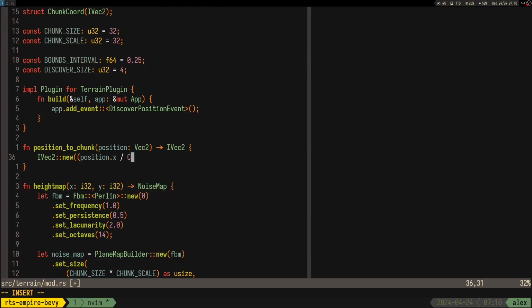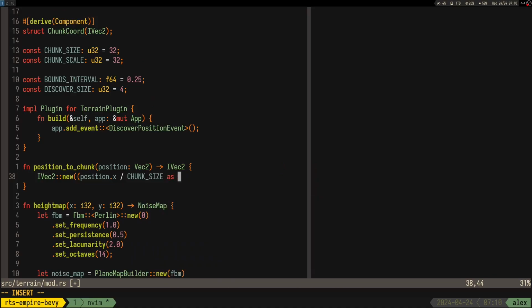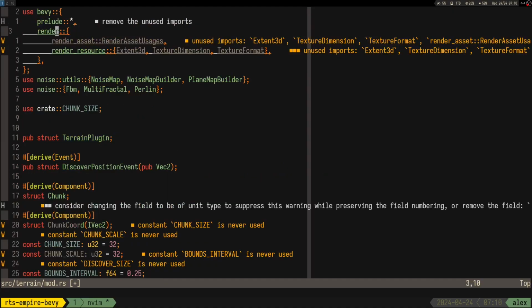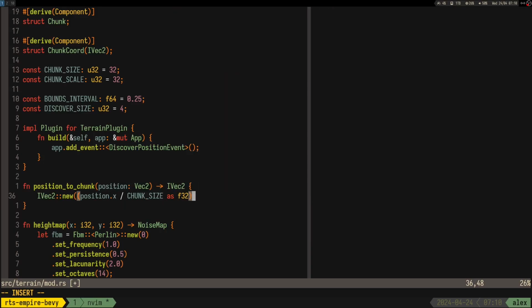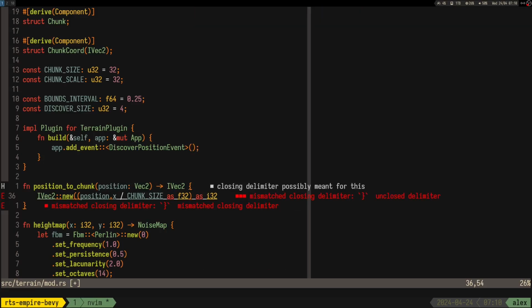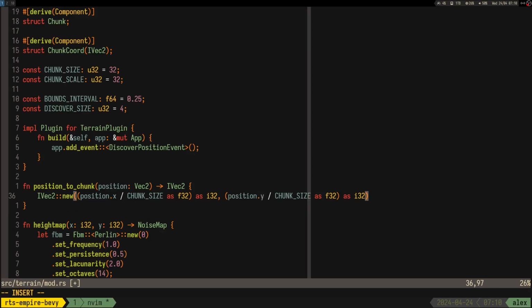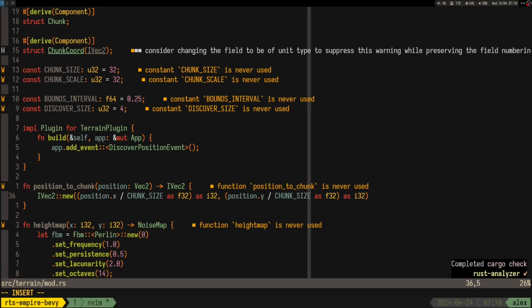Right, we have to divide it by chunk size. We already have chunk size made as f32, and we cast it as i32, right? That's how I think we can get the position to chunk. Okay, sure, here we added the discover position event, but we also need to add